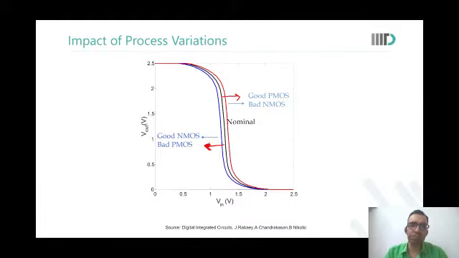It is almost like you've changed the beta ratio of your design. Am I right? If you change the beta ratio, the curve would move left to right. You remember? So if it so happens that the PMOS is manufactured fast or the NMOS is manufactured slow, then the curve would move to the right, because in the Kirchhoff's law equation, where we determine the transfer characteristics of an inverter, we see that the PMOS will now drive more current. The output would stay 1 for a longer period of time.